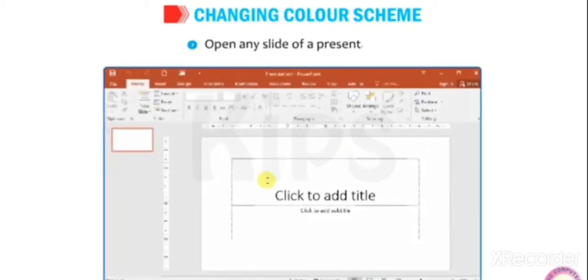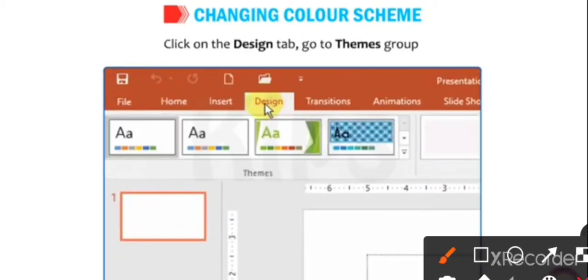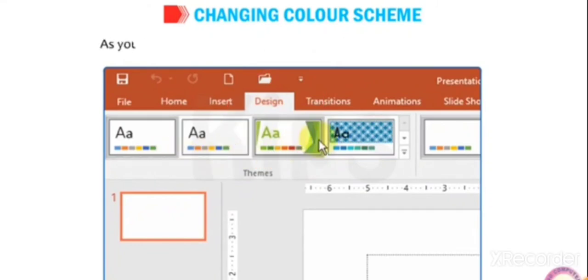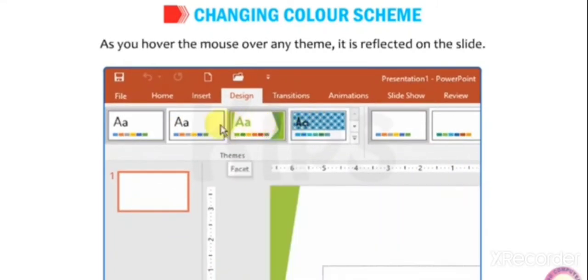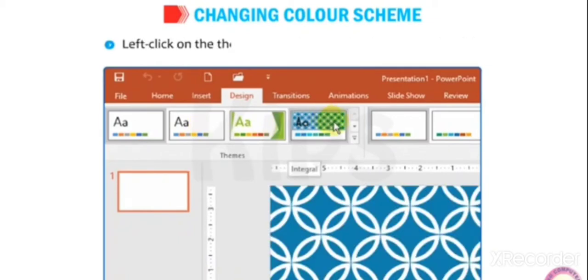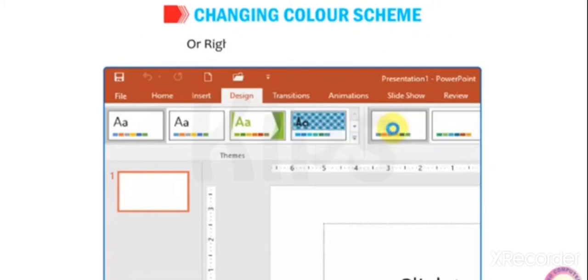Open any slide of a presentation like I have opened. Click on the design tab, on the themes group. As you hover the mouse over any theme, it is reflected on the slide. You are watching it now, it is changing. Left click on the theme that you want to apply and click on apply to all slides,